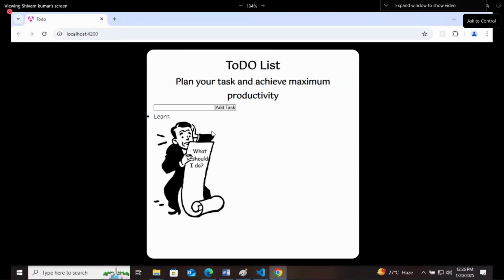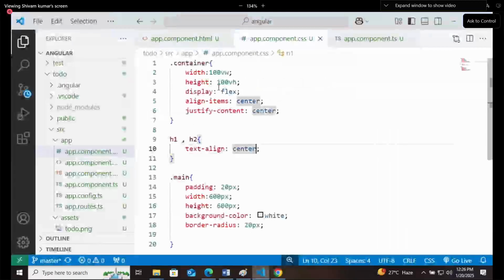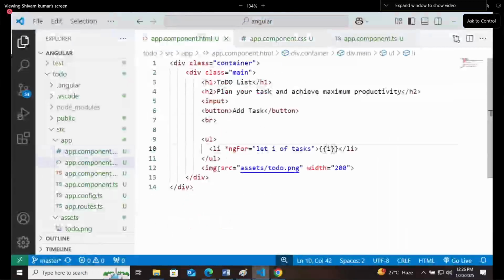Now what I want is, if the array is empty, then only show this image. For that, wherever you are writing this image, I will write asterisk ngIf. And what is the condition?